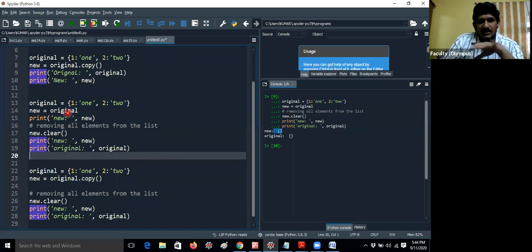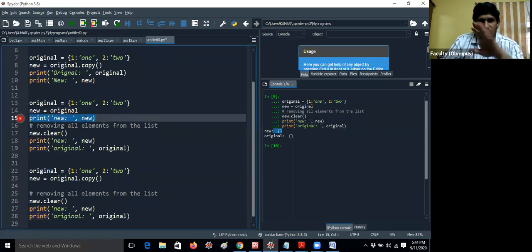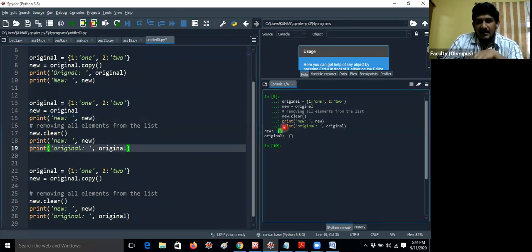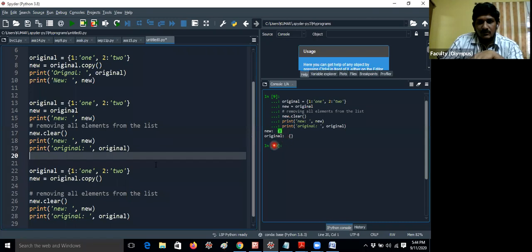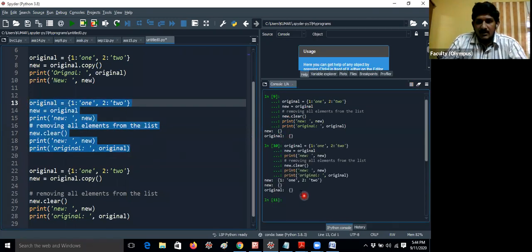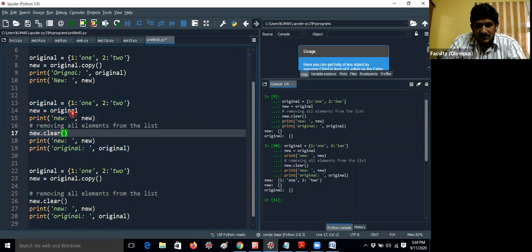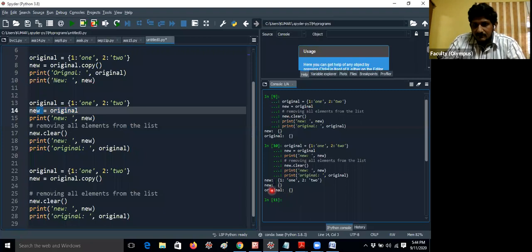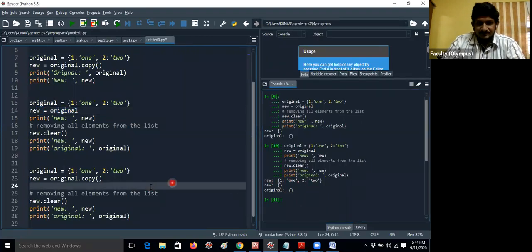So is original copied to new or not? Let me check with this value, and after that you can give the clear. So again I'm running the above program. Whatever values new and original have, I'm getting here. I'm getting new, that means original values are already copied to the new. That's the reason I'm getting new values here.